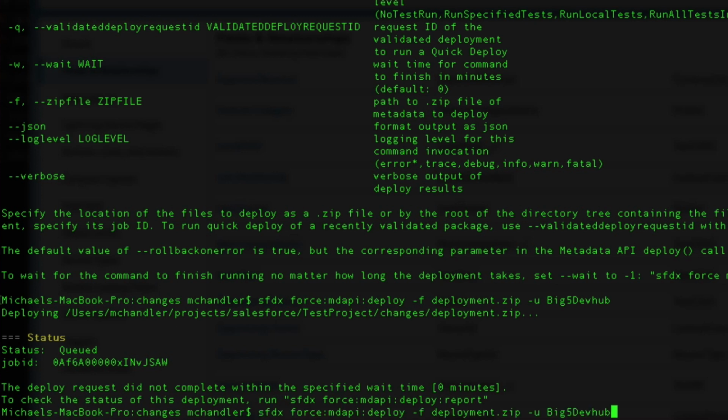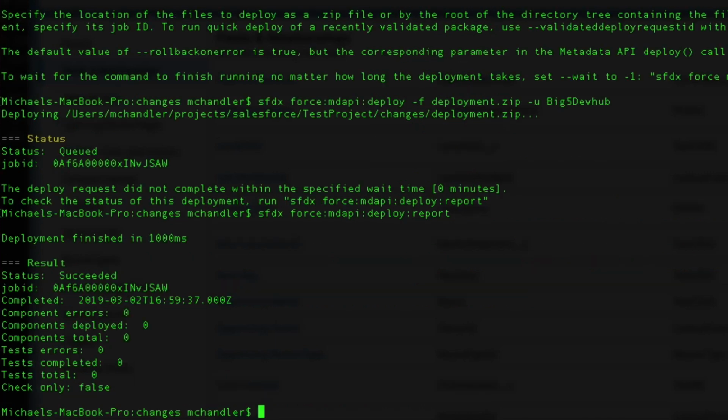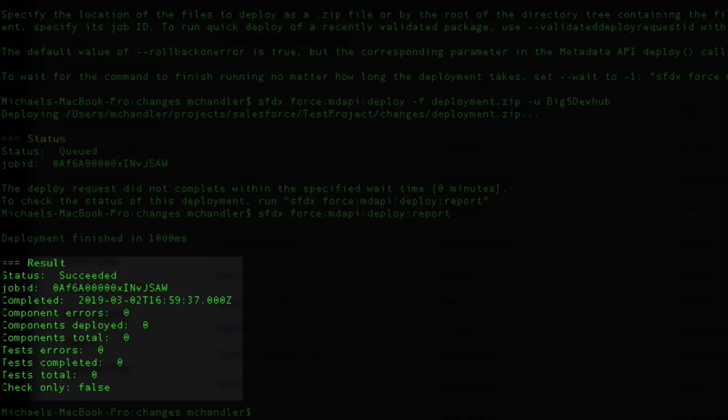What I can do to see the status of it is just go ahead and type in SFDX force MD API deploy and report, and that'll bring up the status of the most recent deployment that you've done. So I'll hit that. We'll see what it tells us. It tells us that it succeeded. It says that everything was okay, that there were no errors. The status is succeeded. I've got a job ID, but I don't need it anymore because the job is concluded